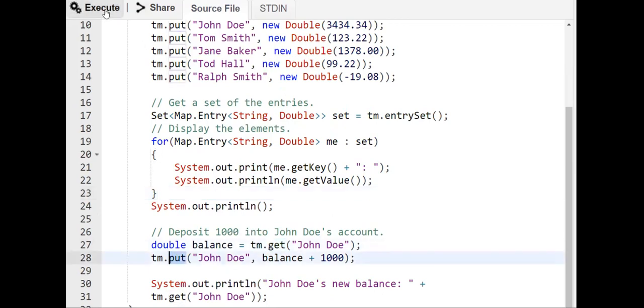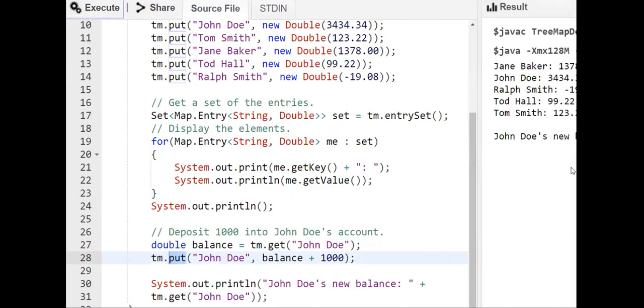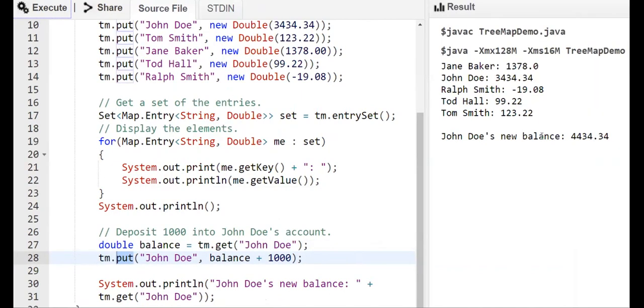So when we execute it, we shall see the output here. All the map entries are printed, but if you observe, the entries are sorted based on the key value. It is not sorted based on the values but on the key. So Jane is the first entry, and then the balance updation is similar to how we did in the hash map.